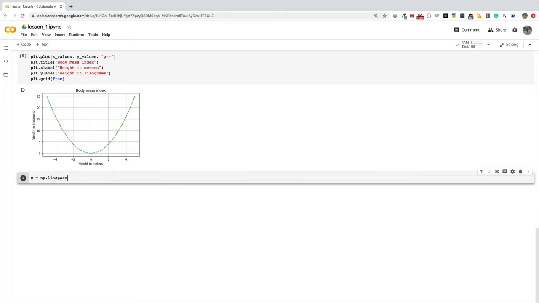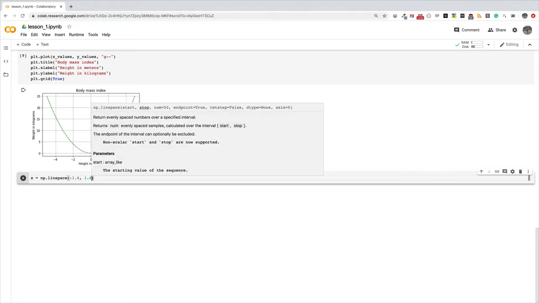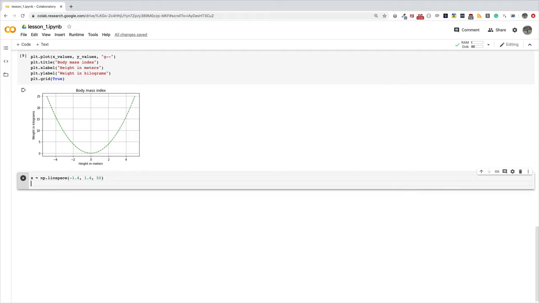an equally spaced array between negative 1.4 and 1.4, and let's say I want 50 of them. This is going to be our values on the x-axis, and I'm going to create three different values that will be plotted on the y-axis. The first one is going to be just like the x, because I want a linear graph, and then the second one is going to be the square, the squared values of x, and then the third is going to be the cubic,